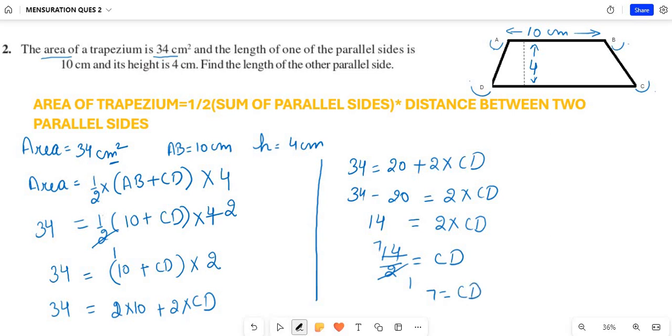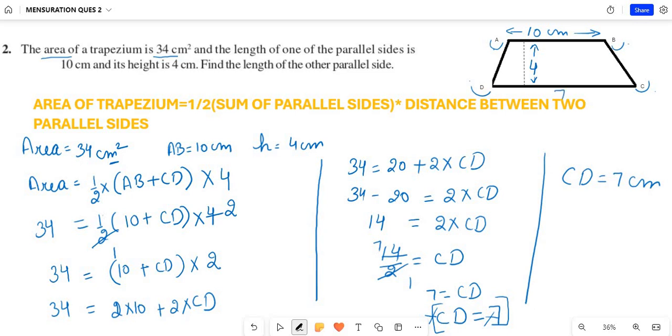CD. Now make sure that whatever you have to find, that must be on the left. Put 7 here. Now you must be thinking that when you take anything to the other side of the equal to, it becomes negative. Since you take CD here, it becomes negative. 7 taken here becomes negative. But since both are negative, we cut the sign of negative. So we can ignore this step. So you simply get CD is equal to 7. Do not forget to write the unit. So it is CD is equal to 7.